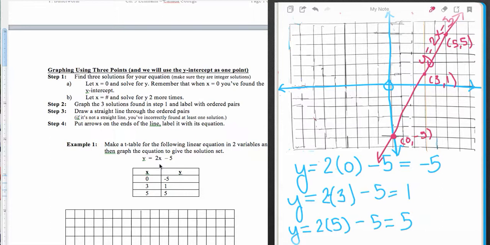And that is what we do to find at least 2 of the rule of 4. So we have an equation, which is one piece of the rule of 4. We have a t-table, which gives some of the solutions, which is another part of the rule of 4. And then we have a linear model, or a straight line, which shows all the possible solutions, and that's the third in the rule of 4. Our fourth one would be to describe it. We're going to multiply